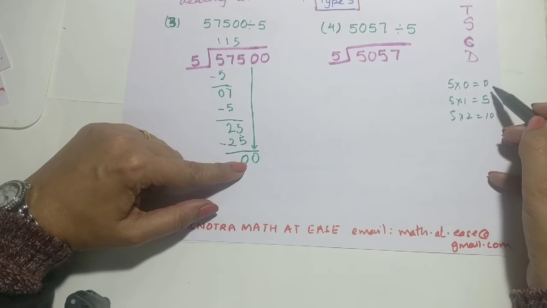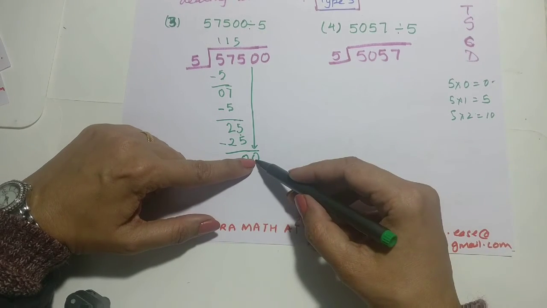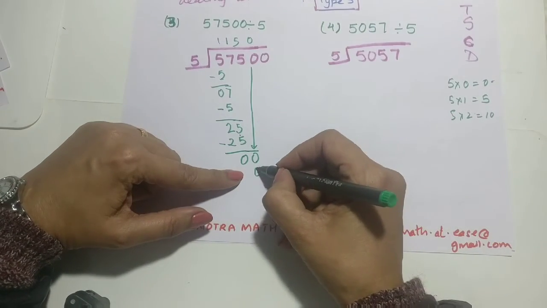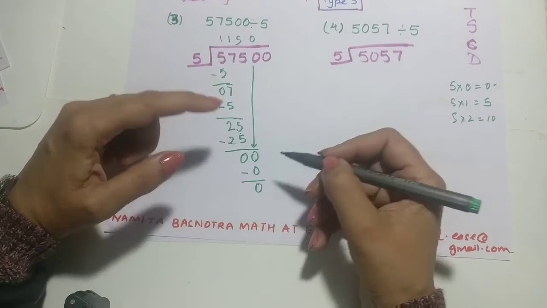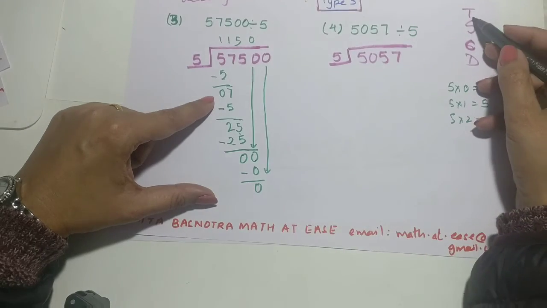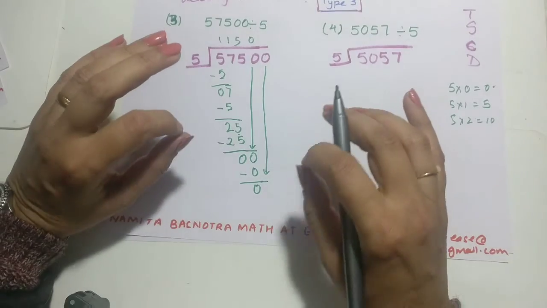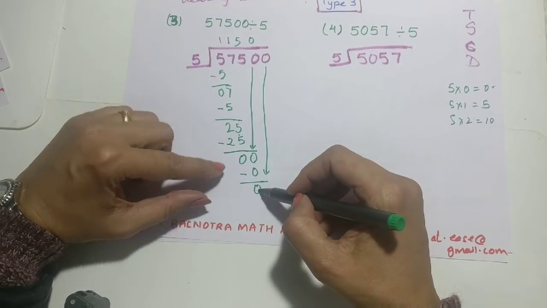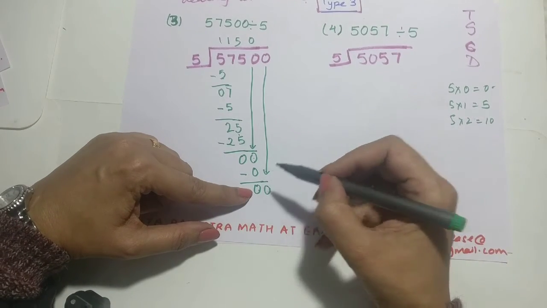So now you apply the trick, right? What is the trick? That 5 ones are 5. If I write 5, it is more than 0, I can't use that. I'll use this one. 5 zeros are 0. Subtract, 0 minus 0 is how much? 0. Check, it is cool, and then bring the digit down, so that this trick of mine, TSCD, continues till we finish the question correctly and accurately. Okay, so now 0 minus 0 is 0, and I have to bring this digit down, which is 0,